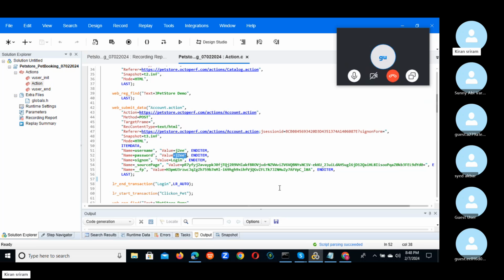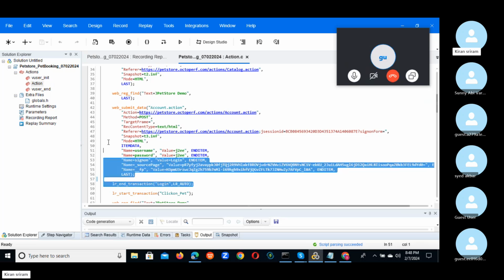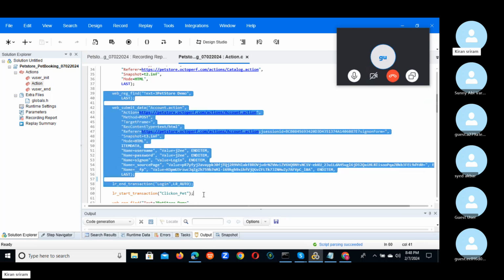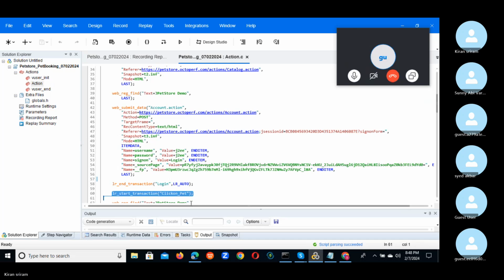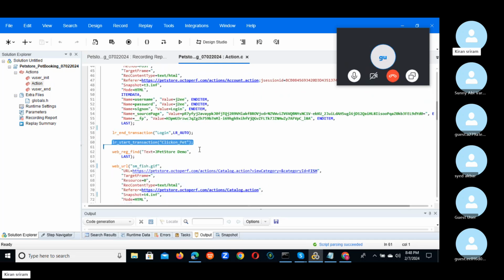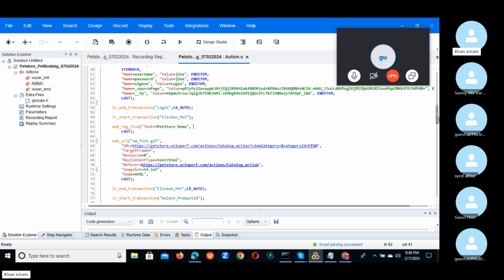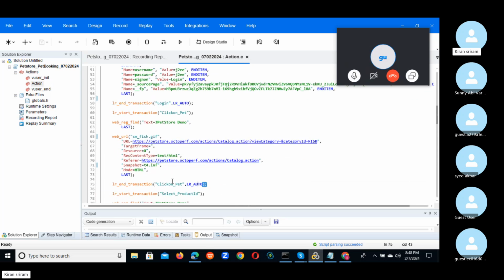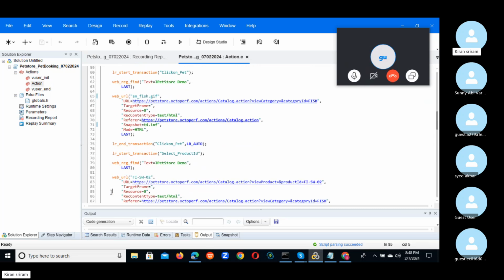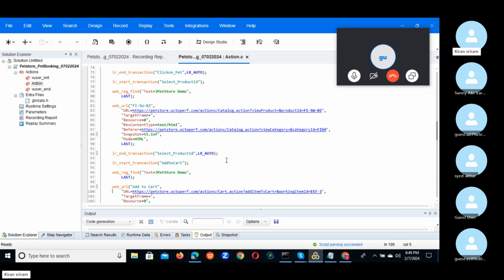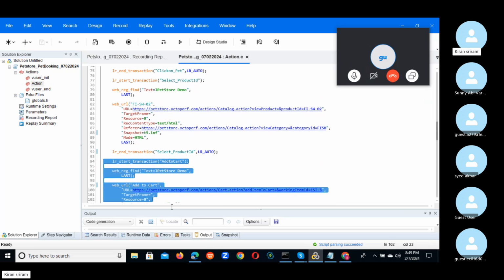Whatever details you entered, that code is generated. After that, click on pet: the code is generated from click on pet up to this and ended the transaction here, and again started from select product ID and ended here, and again add to cart